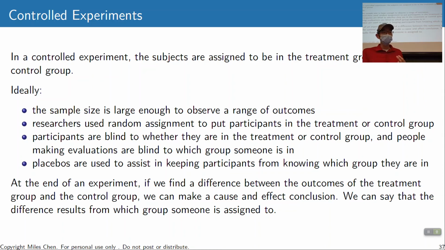Both participant and evaluator don't know. That's a double-blind experiment, and only the person running the experiment would know who's getting what, okay? Now,